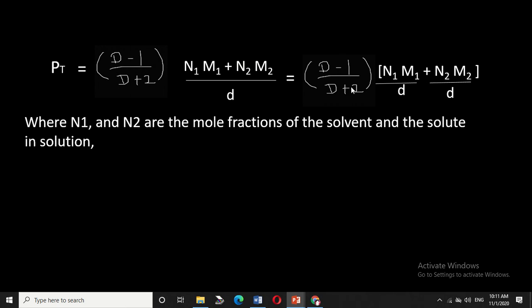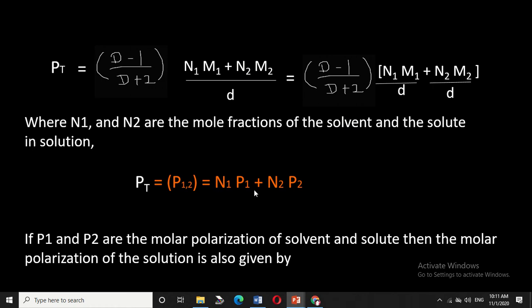Therefore, D minus 1 upon D plus 2 multiplied by M1 upon D becomes the polarization of the solvent, and D minus 1 upon D plus 2 multiplied by M2 upon D becomes the polarization of the solute. Therefore, this equation is simplified into the total polarization of the solution, P12 equal to N1 P1 plus N2 P2. P1 and P2 are the molar polarizations of the solvent and solute molecule respectively. Then the molar polarization of the solution is also given by